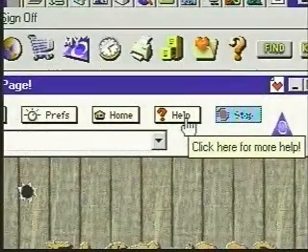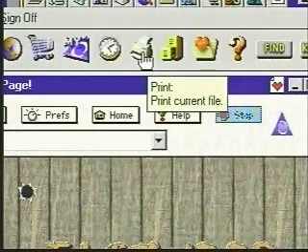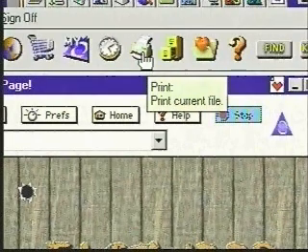One more icon I'd like to point out is the printer. Just click this icon while in the site you'd like to print, and you'll have a hard copy of that page. So far, we've just used